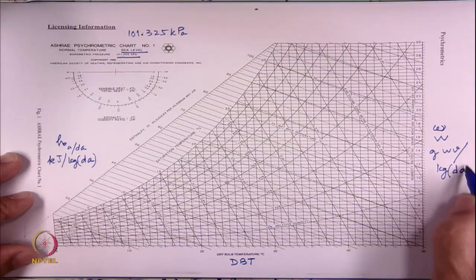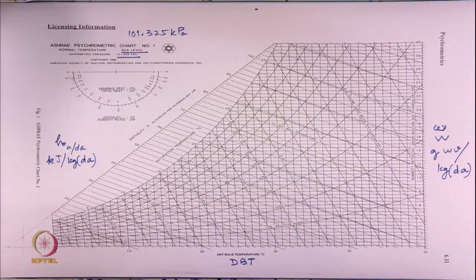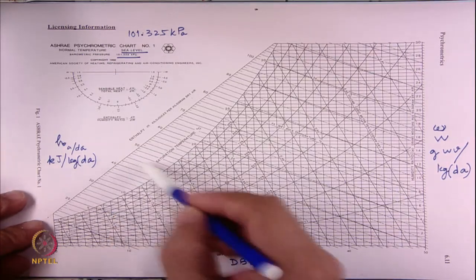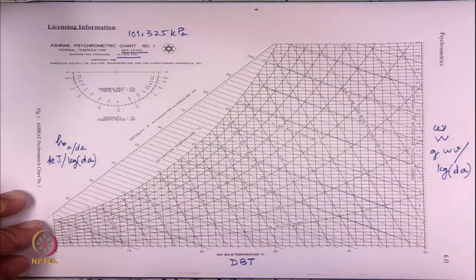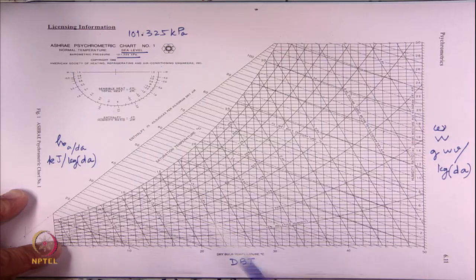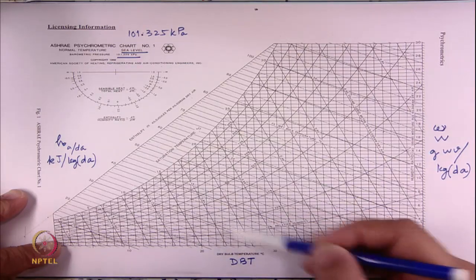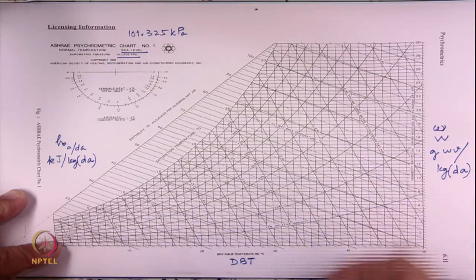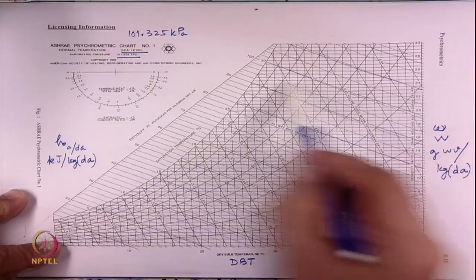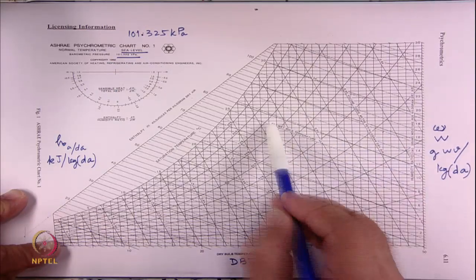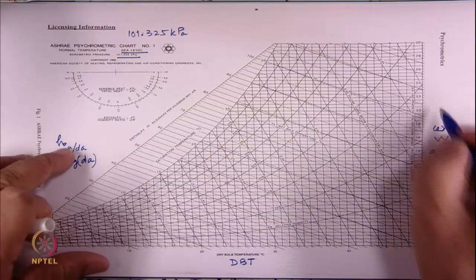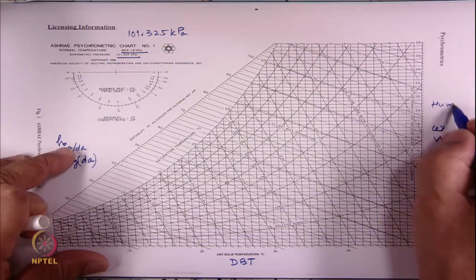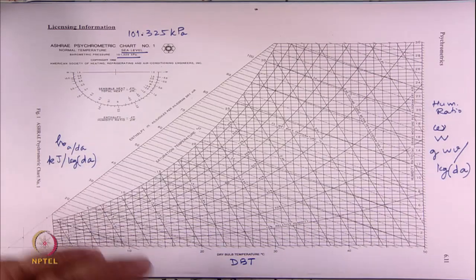This was also dry air. So, if you look at these lines which are going this way, these are lines of constant enthalpy, and this axis being dBT means all these vertical lines are lines of constant dry bulb temperature, and horizontal lines parallel to the x axis are lines of constant omega. Okay, so this is humidity ratio or moisture content.